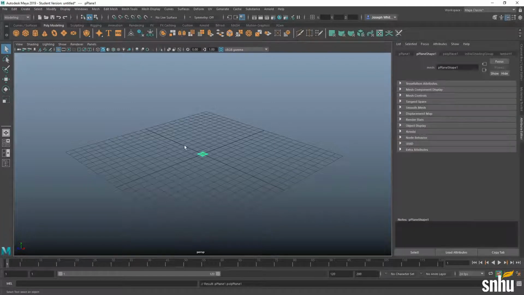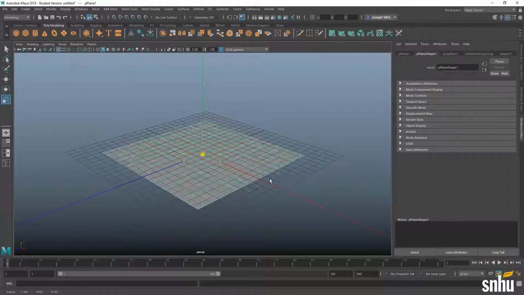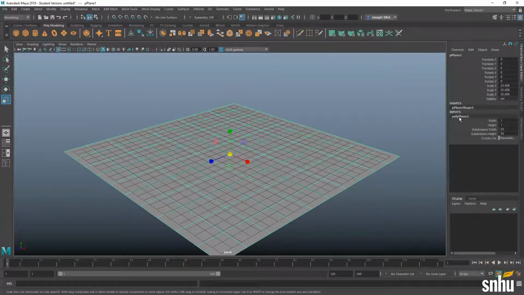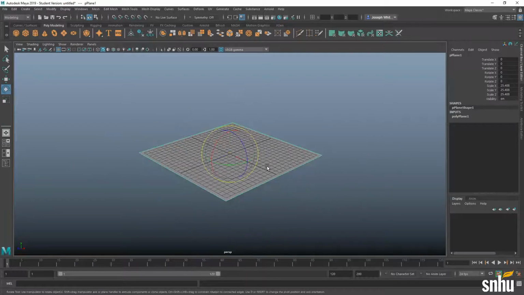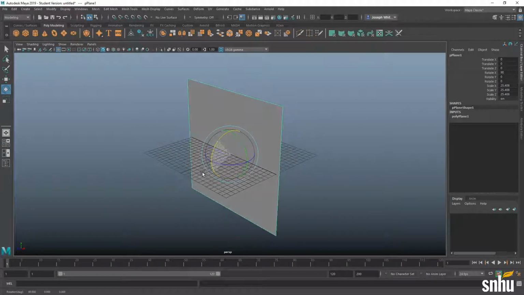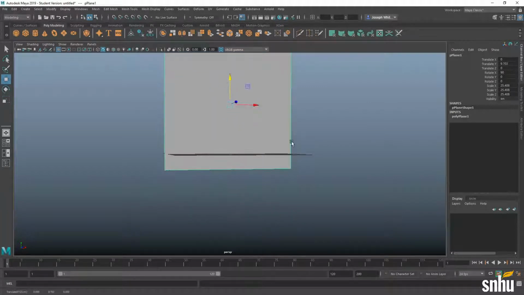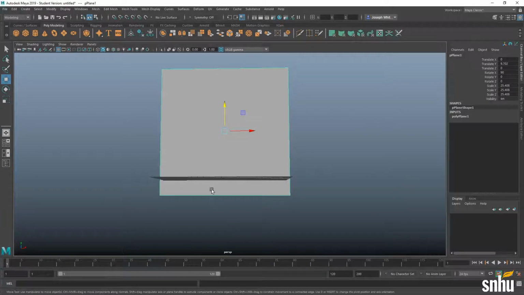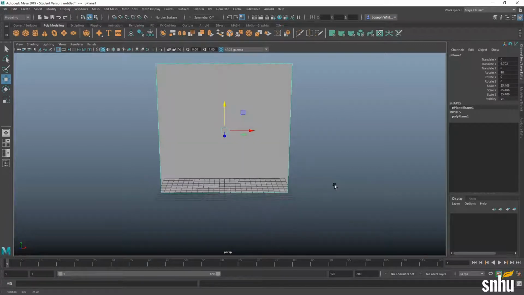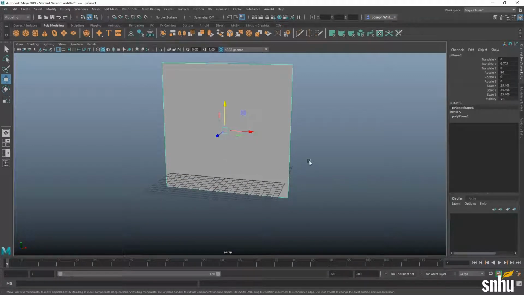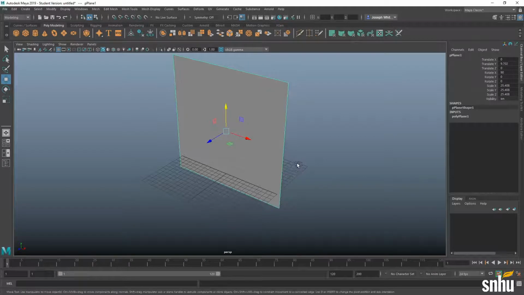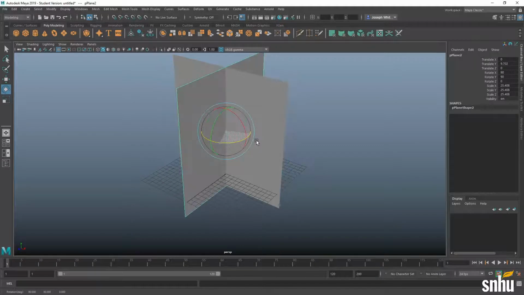So we're going to create a plane here, and I'm going to scale this guy up, and then we want to go to inputs and make sure it's 1 and 1. Okay. So now let's rotate it up 90 degrees, and we want to move him up, but we want to make sure that there's a little bit hanging off the bottom. Okay. So now we're going to hold Control and hit D to duplicate this, and then rotate it 90 degrees this way. So we have kind of a cross section here.